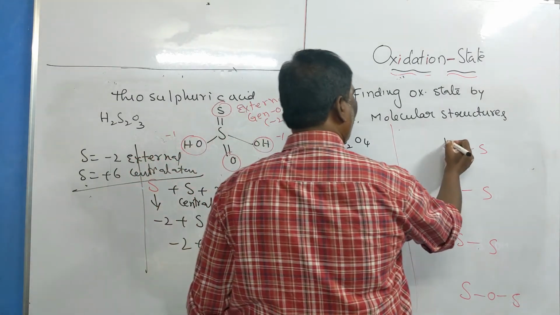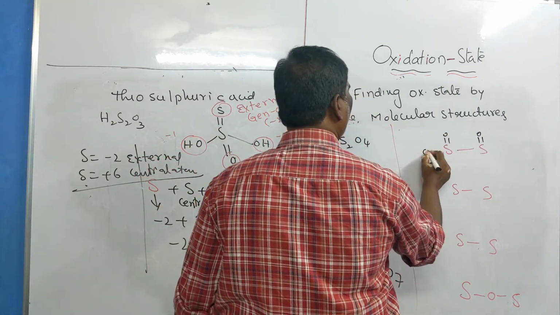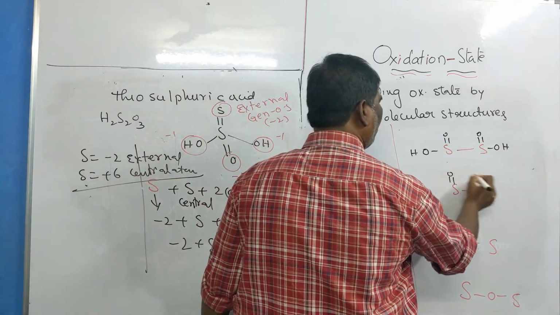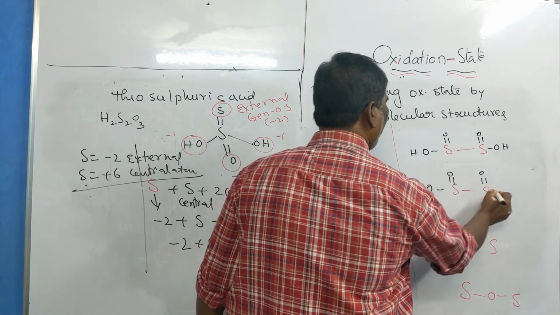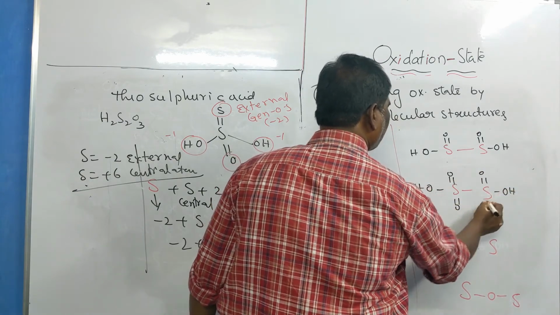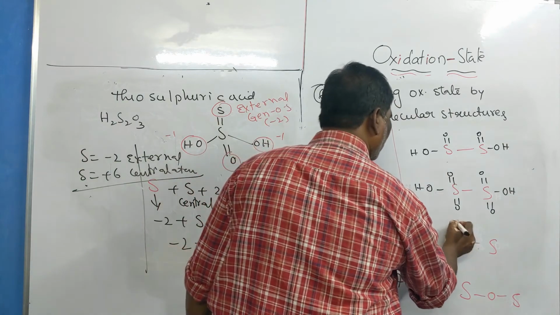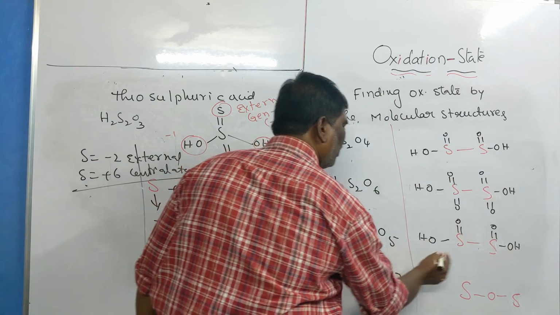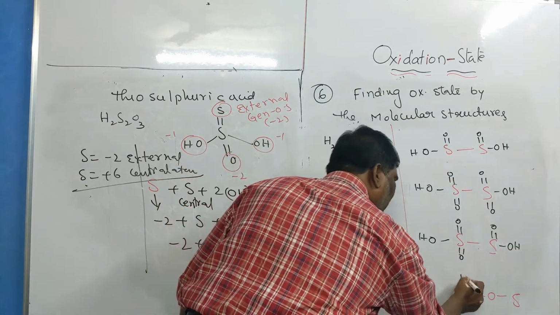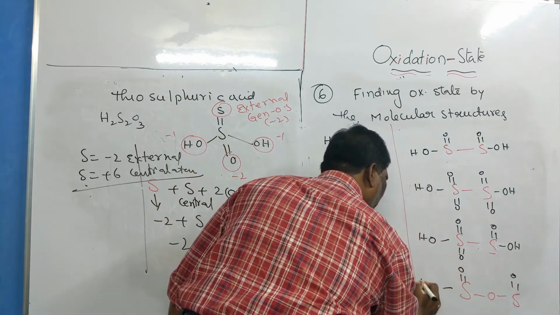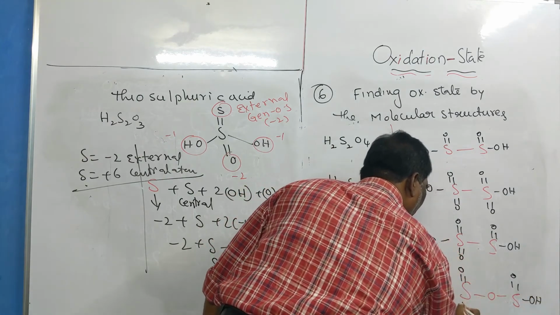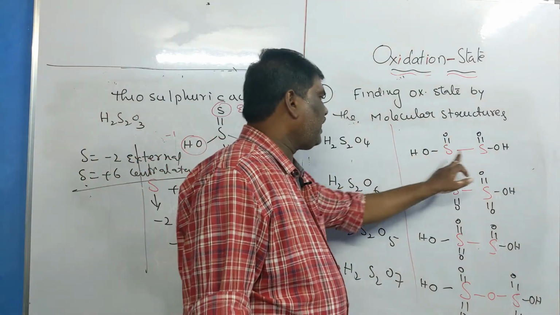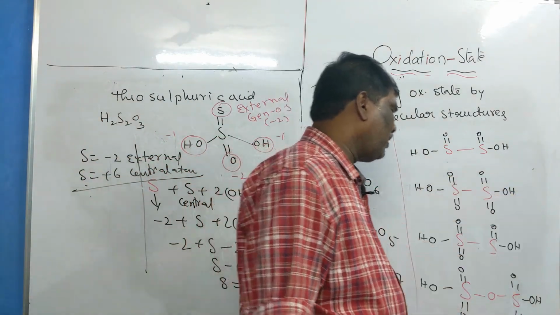Now first, double bond O and 2 OH groups, one on each sulfur atom. Again double bond O, OH group and OH group, 2 more oxygens are there. Now here double bond O, OH group and OH group, only one more oxygen is there. Here double bond O, 2 OH groups, double bond O. Now all these are dibasic acids. There are two ionizable hydrogens.